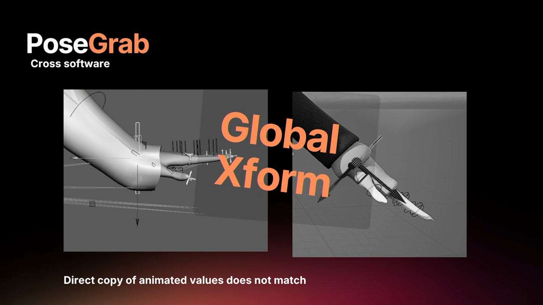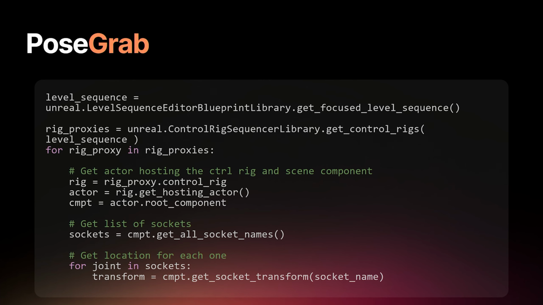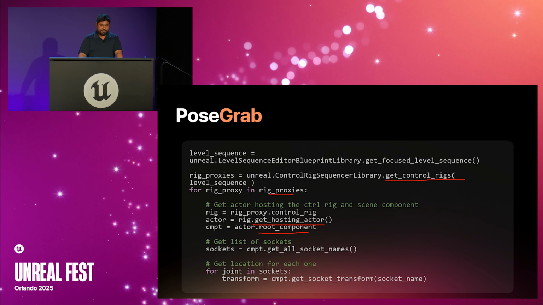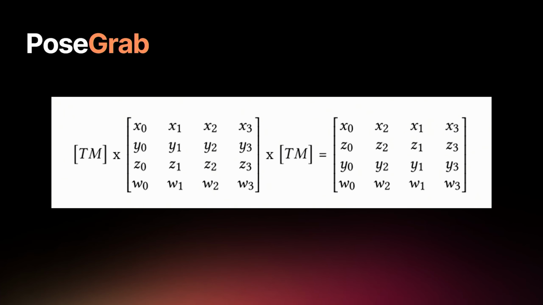We can just write the global X from the controllers or the joints into the JSON file, and we can just do some simple math to bring it back. So this is the way that we use to write the animation. We can get the control rigs, the rig proxies, again, as I mentioned before, with the picker. We can get the hosting actor. The root component will be the skeletal mesh, and each of the sockets from that would be the joint. And we can get the transformation for each of the joints, and that way we save the global X for each joint. And then we just do simple math,